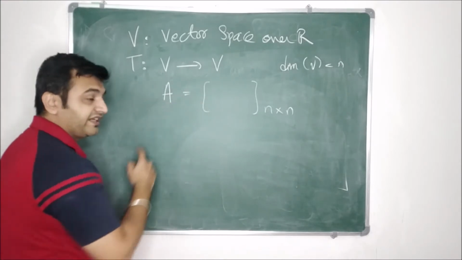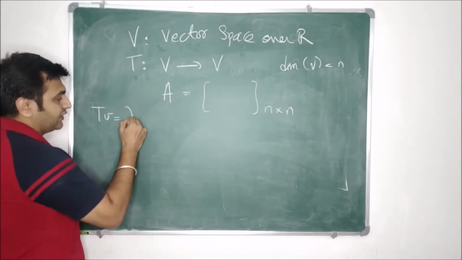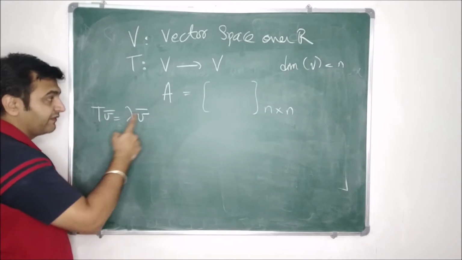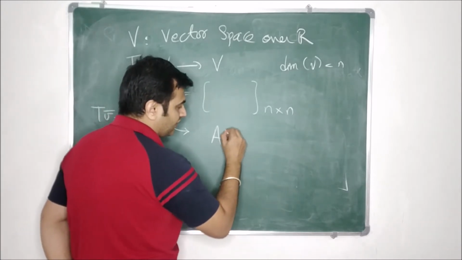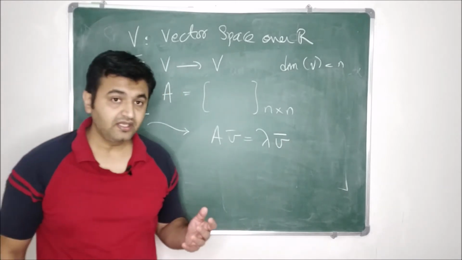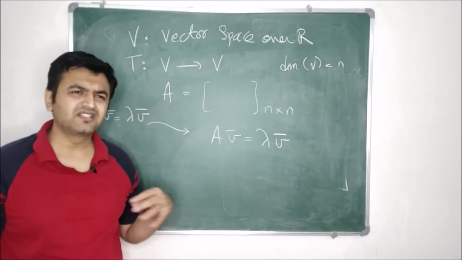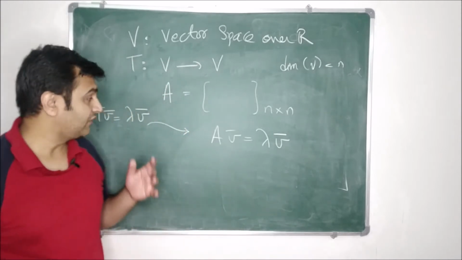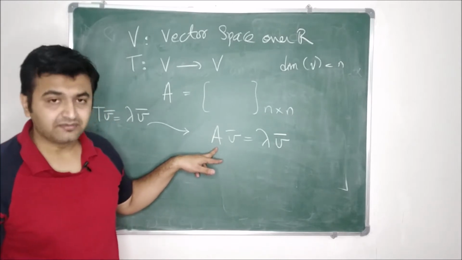Now we have a matrix A. What was the notion of eigenvalue and eigenvector? It was T v equal to lambda v. This was in terms of the linear map. Now for this linear map we have a matrix A, so this changes to A v equal to lambda v. This is the definition you sometimes see of eigenvalues and eigenvectors in terms of matrices. Some authors, in some books, directly start with the notion of eigenvalues and eigenvectors without stating linear transformations. At that time they only say A is a matrix.